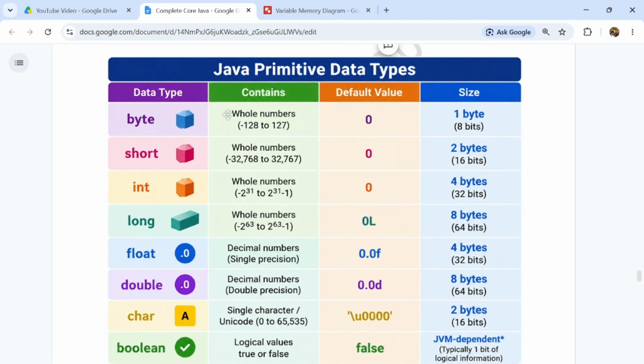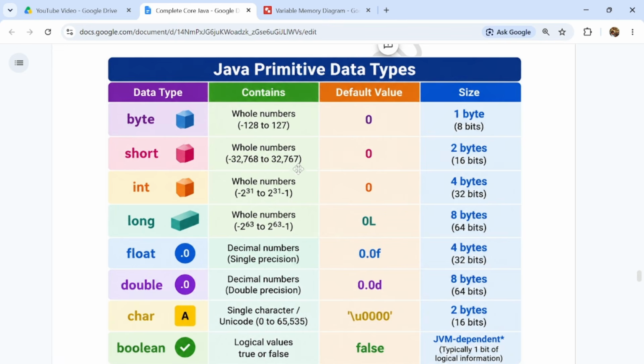This is the list of primitive data types with their size, default value and type. Here byte is for whole numbers. Its range is -128 to 127, the default value is 0, and the size is 1 byte, or 8 bits. Short is also a whole number.